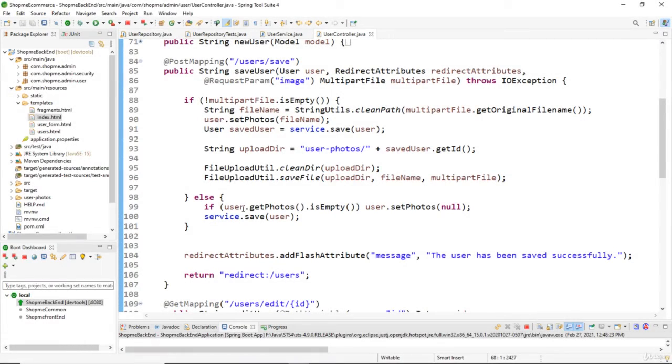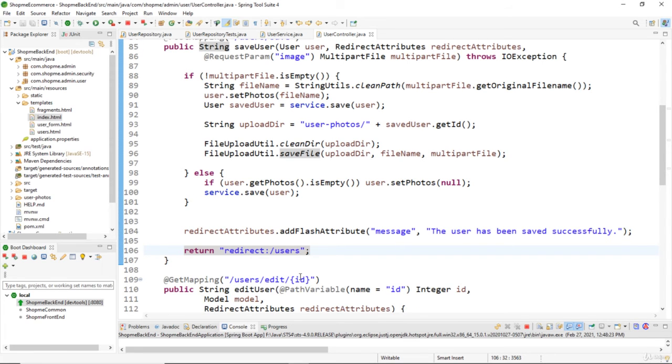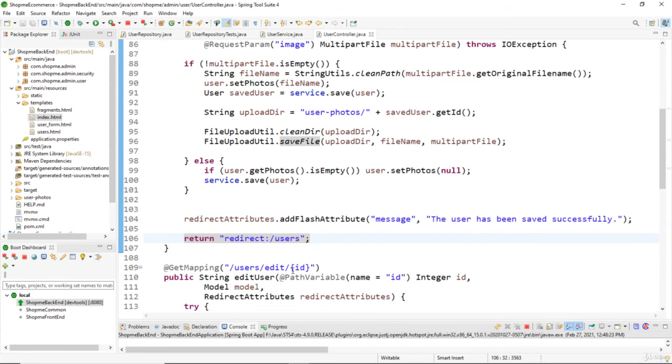Go back to the project, open the user controller class. In the save handler method, you can see after persisting the user details here, userService.save here, it redirects to the user listing page here. And because we have the filter functionality already implemented, we can modify the redirect URL here to show only the affected user. So we can change the URL here to